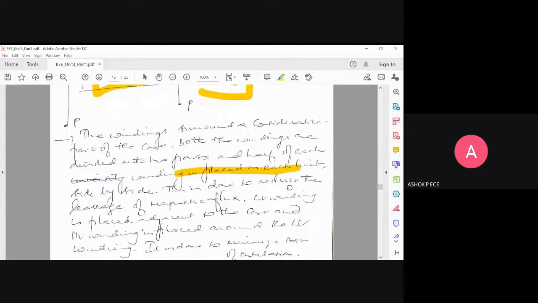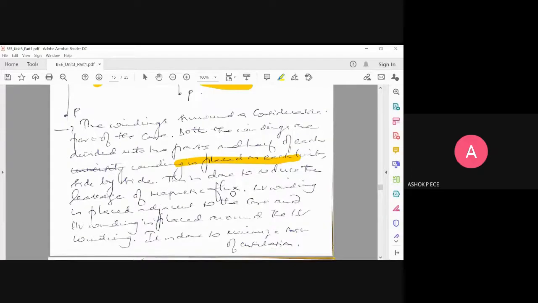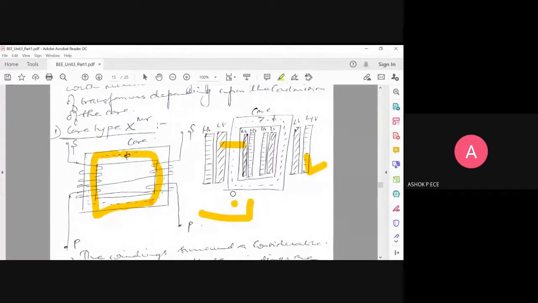So this is done to reduce the flux leakage. So we want maximum coupling to happen, right? If you want to reduce the flux leakage, you have to utilize the entire area of the core effectively. So the LV winding, the low voltage winding, is always present near the core, and the high voltage winding is always away from the core. And why are we doing this? To minimize the cost of insulation. So to insulate both the windings, we are going to place this arrangement this way.